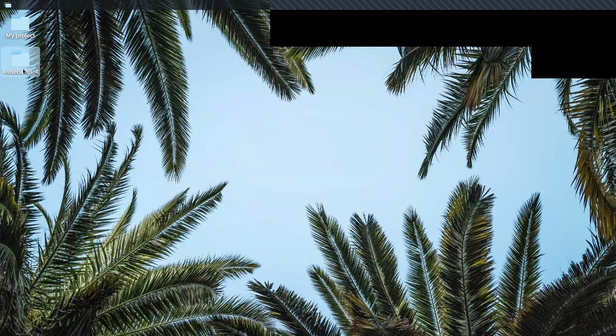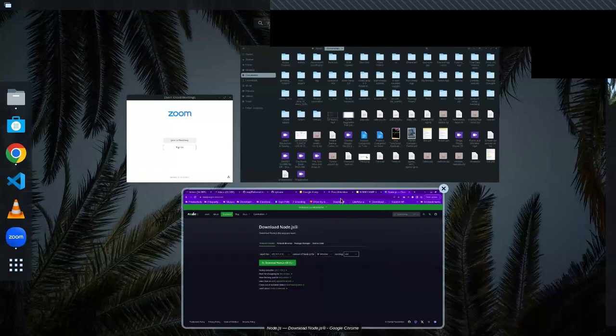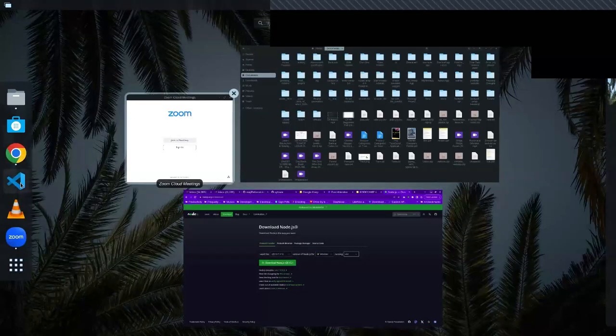Now, I'll need to open this folder with VS Code, right? Let me close my VS Code and see how I can do that. I'm here on my desktop. If you're using Windows, you just click on the start button, and then you look for VS Code. If you've installed it well, you would see it. But here on Linux, I have to press the Win key, and then I have VS Code already here.